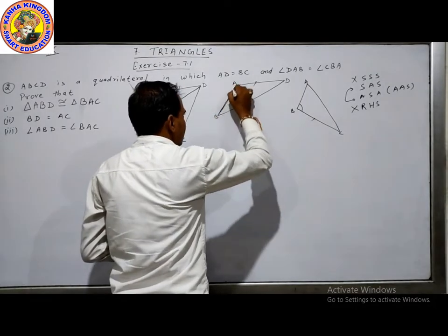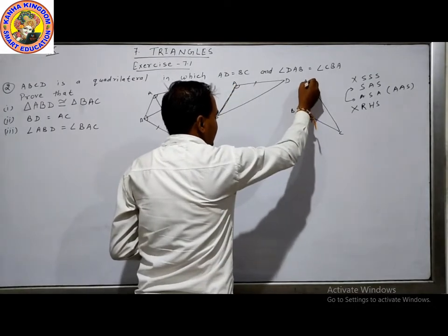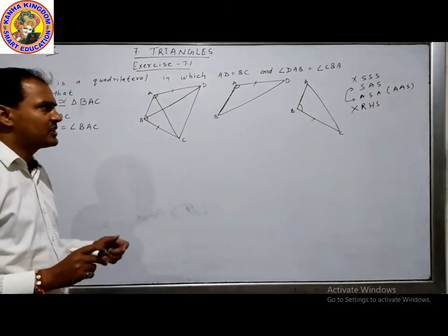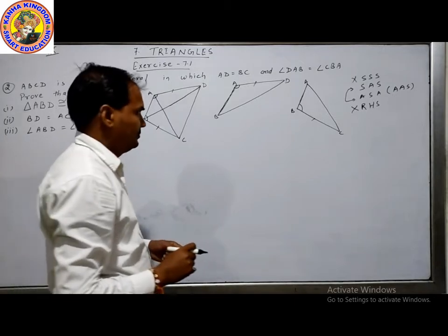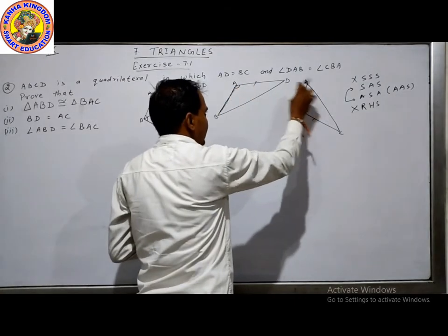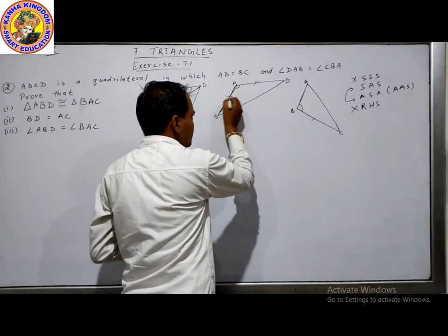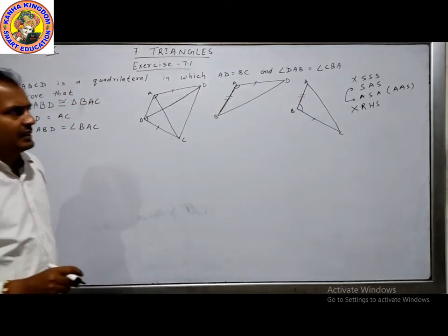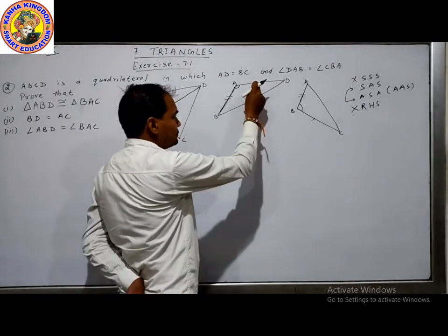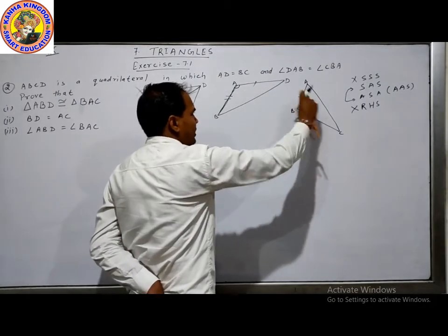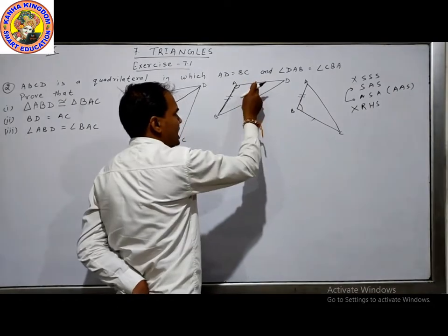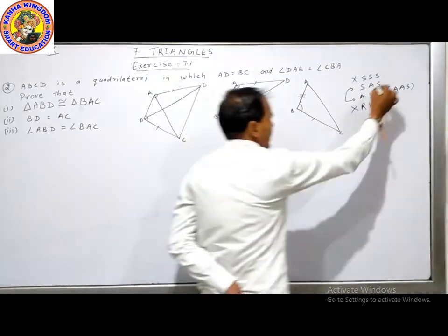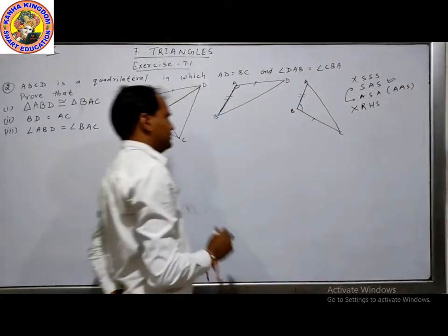In this diagram we see that in this triangle there is a side AB, and in the other triangle there is also a side AB. AB is a common side. Common side means equal. So we denote these equal sides in the diagram. Then see: 2 sides are equal and one angle is equal, SAS. So the SAS rule is right.